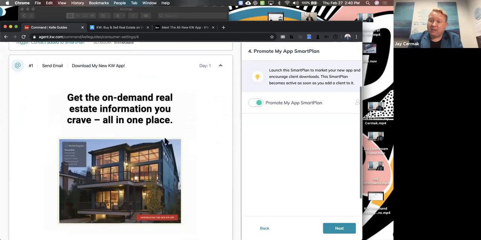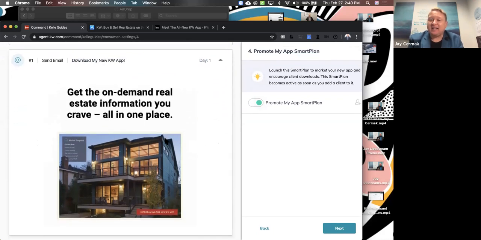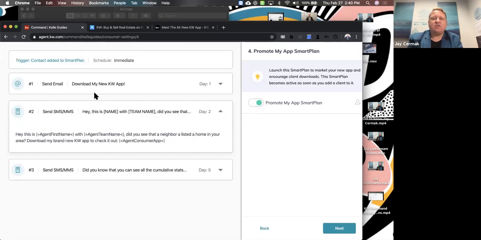They're going to get an email with you that says get on-demand information, click here, and it's going to be a link to your mobile app. And this will be automatically sent. You don't have to do anything with it. It's auto sent. Then it's going to say, okay, step 2, on day 2, I'm going to send you a